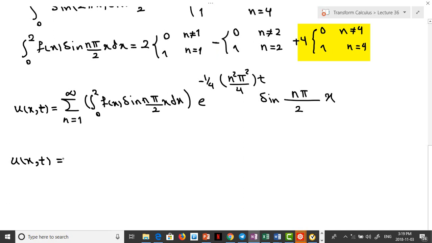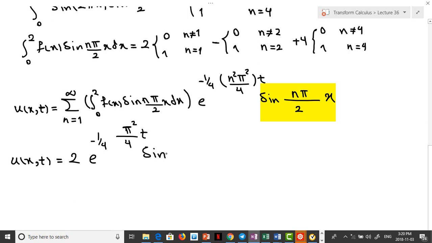As a result, if n is equal to 1, the integral is 2, e to the power of minus 1/4 π squared divided by 4 t, sin of n is 1, so we have πx over 2,